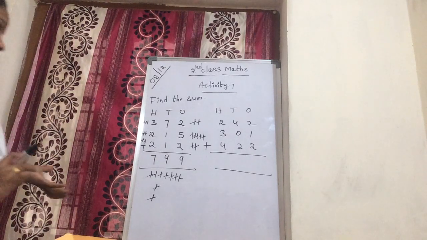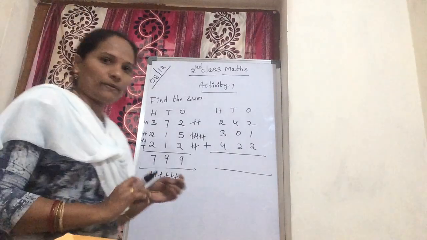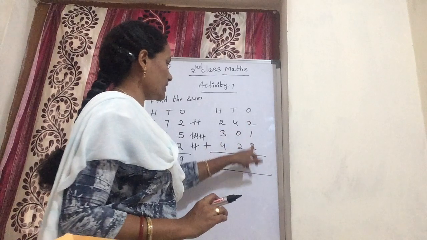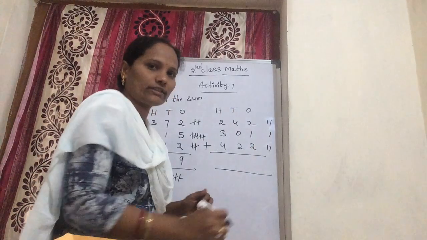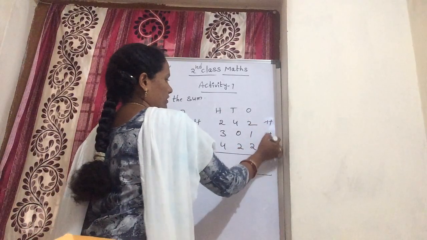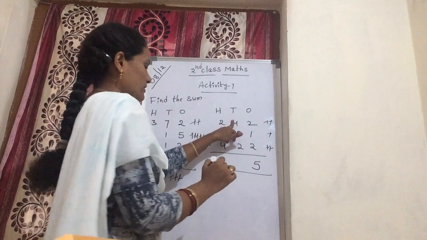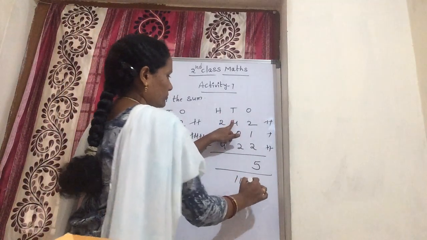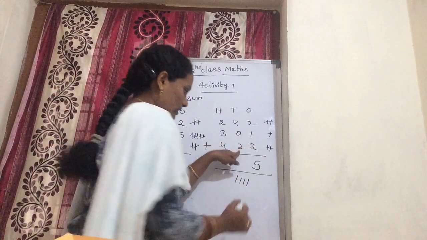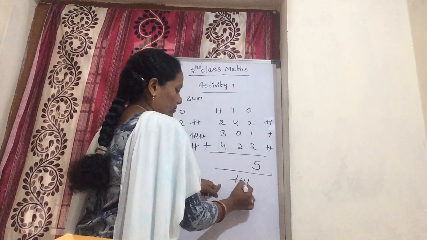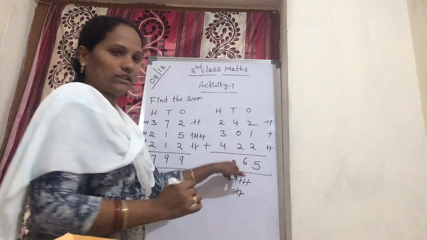Whichever method is easy for you, you will do that method, Amma. Next 2, 1, 2. 2, 1, again 2. Total count it: 1, 2, 3, 4, 5. Put here. Now 4 plus 0. First take 4: 1, 2, 3, 4. Plus 0. 0 means nothing. No lines, no fingers. Next you take 2. Total count it: 1, 2, 3, 4, 5, 6. Now 6 is put in tens.